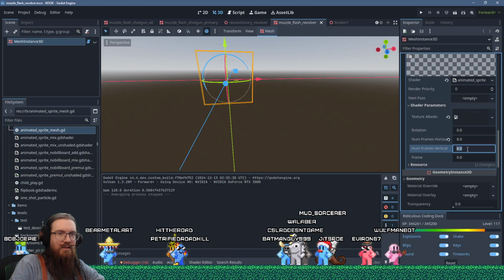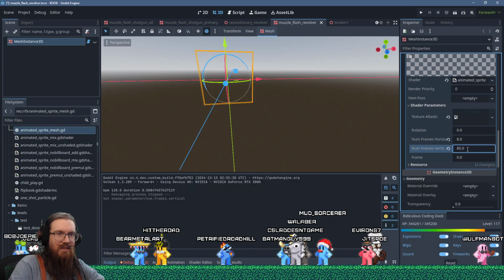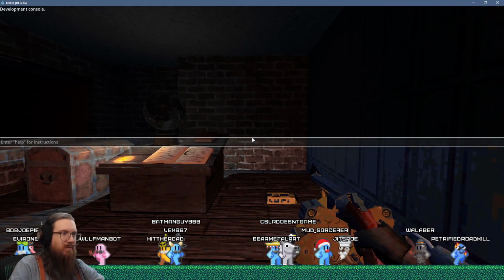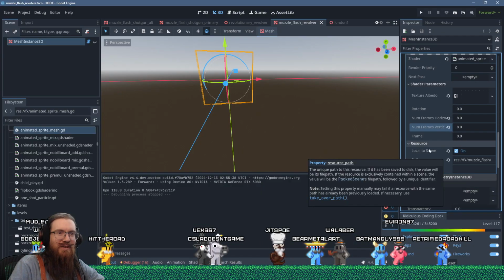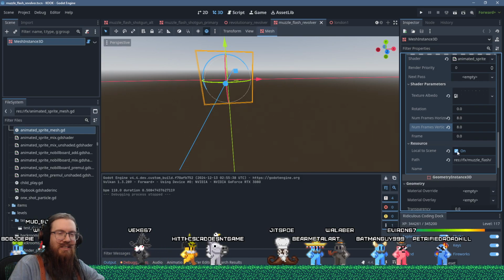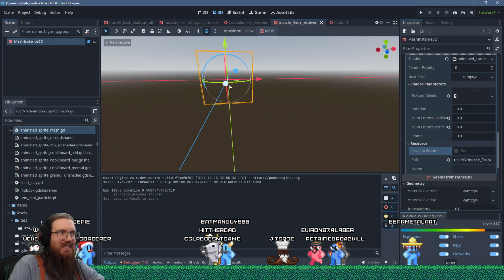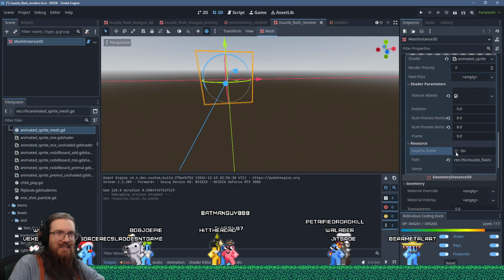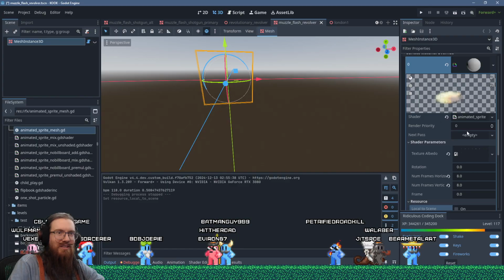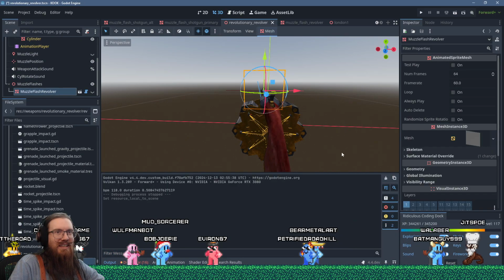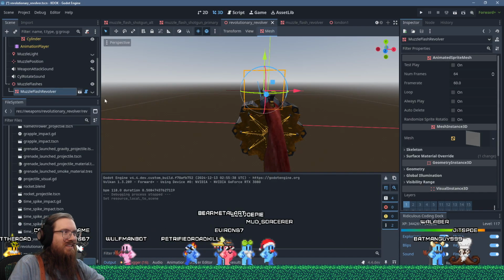So we need to go over here and adjust these. Whoops, not 80 frames. 8. Oops, that's not right. Fun bug with Godot. If you have something set as local to scene, which I'm going to turn off because we're only going to have this one muzzle flash. But for things like explosions, we need to set this to local to scene so it makes a new instance of the material. When I bring this over in here, it makes a new instance of the material in the editor as well